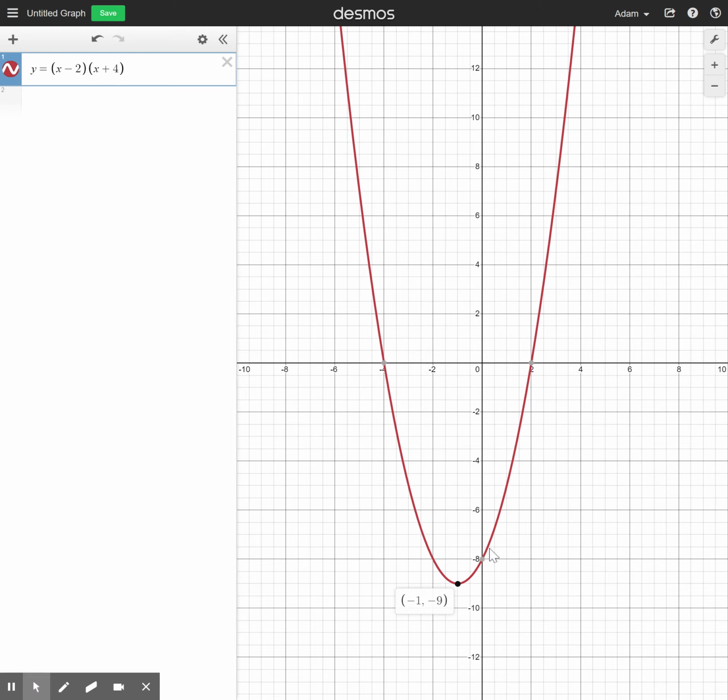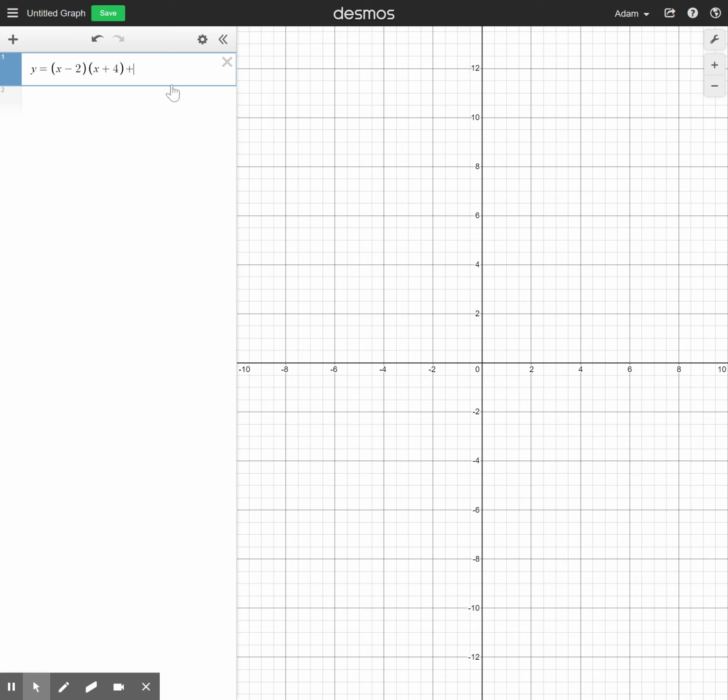Some parabolas have an x-intercept. That's where the parabola hits the x-axis. Sometimes parabolas will have two x-intercepts. Sometimes they'll have one x-intercept. And sometimes they'll have no x-intercepts, like this one. The x-intercept is where it hits the x-axis. Another name for the x-intercept might be zeros